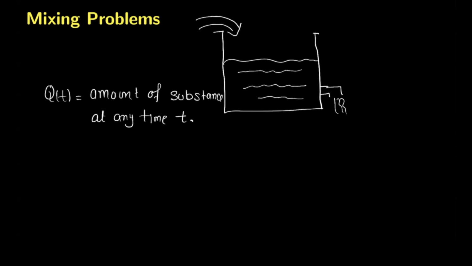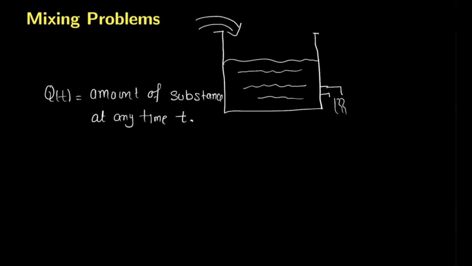This is usually what we would like to calculate, as this process is happening, as the liquid is entering and also exiting at some rate, what amount of substance will be present at any time t. Or for example, after 10 seconds or after 20 seconds, what amount of substance will be present